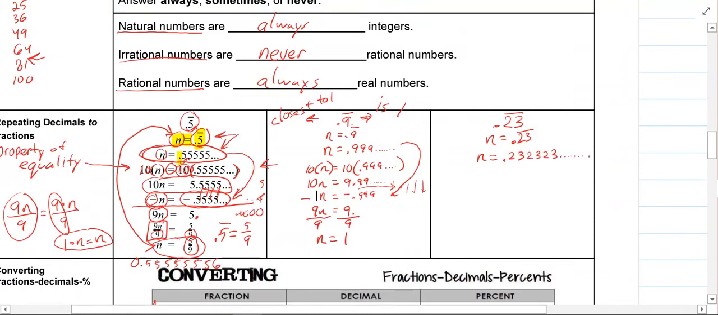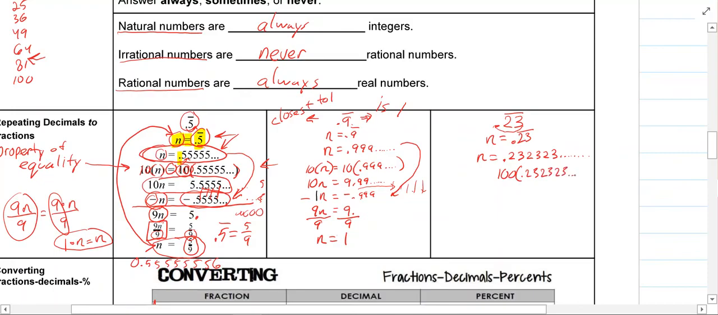0.232323. Okay. Now the goal is we need to get rid of this repeating stuff. So I need to get the decimal point over 2 places. So instead of multiplying by 10, I multiply by 100. So 100 times